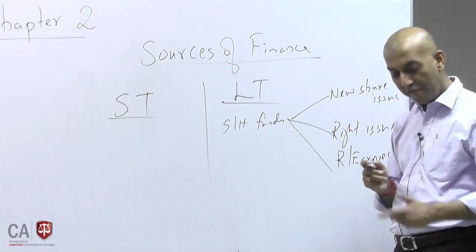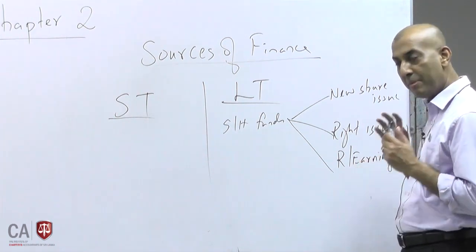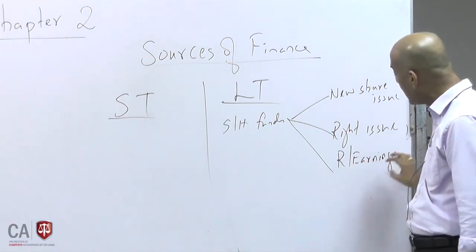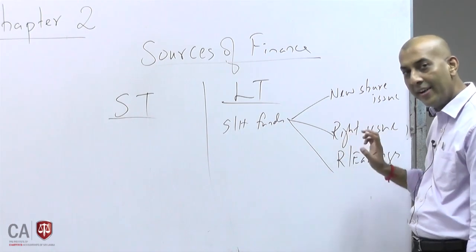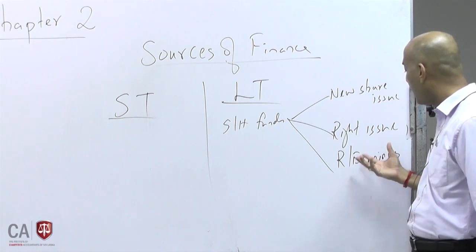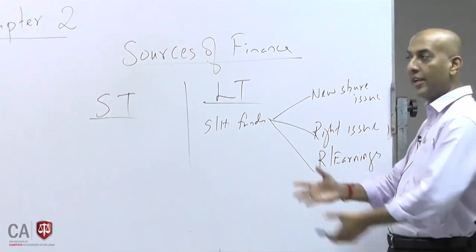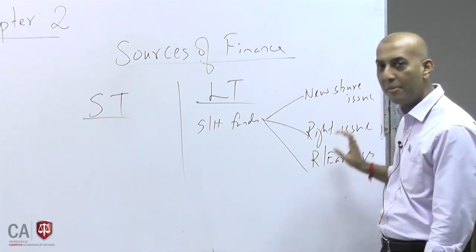Whatever profits you have not distributed to shareholders will be there in your organization. Please be aware, this is the easiest source of fund in any organization. Why? This is the amount of money you have really made in the company as profits, and you have not distributed to shareholders. So anytime you want to use it for your investment, you can take it, you don't have to ask anybody.